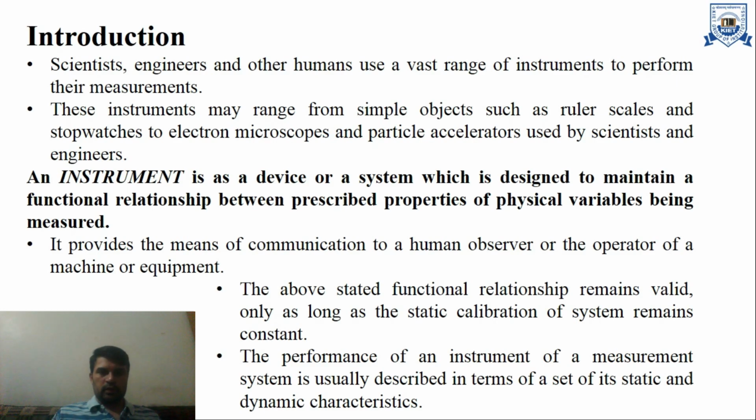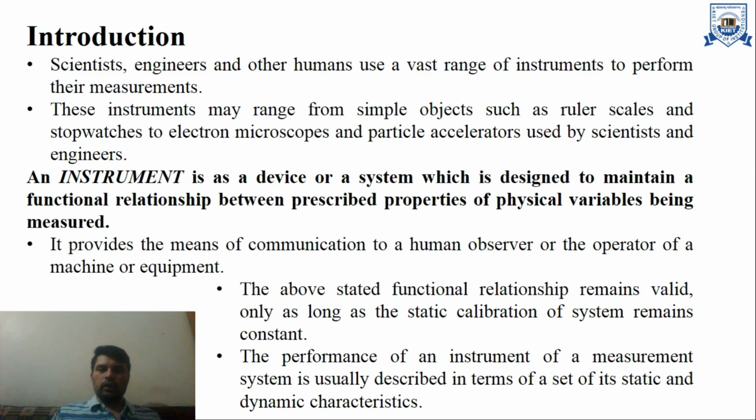An instrument is a device or a system which is designed to maintain a functional relationship between prescribed properties of the physical variable being measured. It provides the means of communication to a human observer or an operator of the machine or equipment. The above stated functional relationship remains valid only as long as the static calibration of the system remains